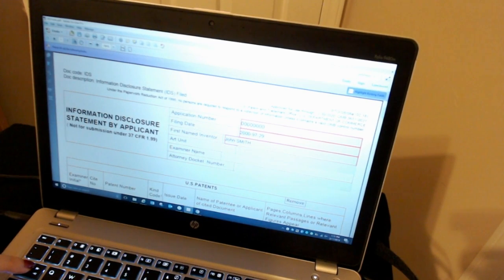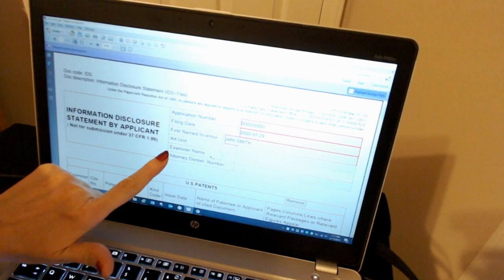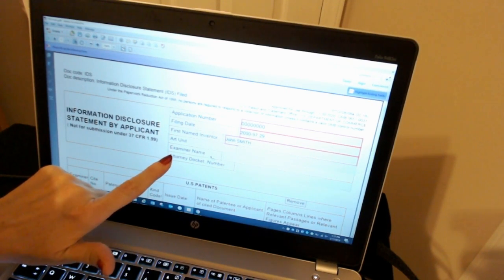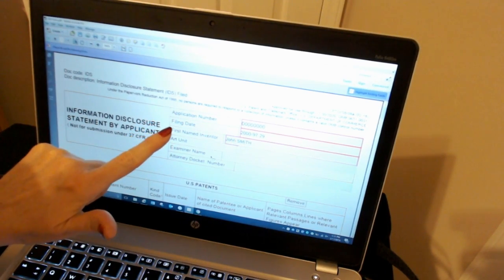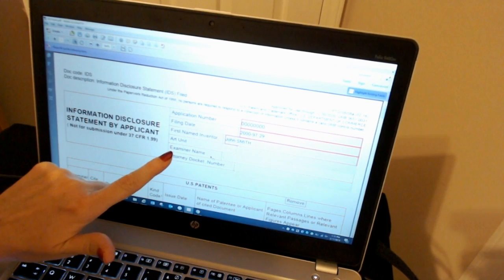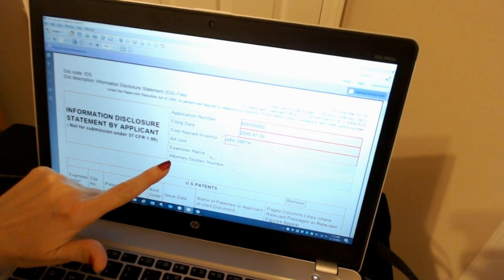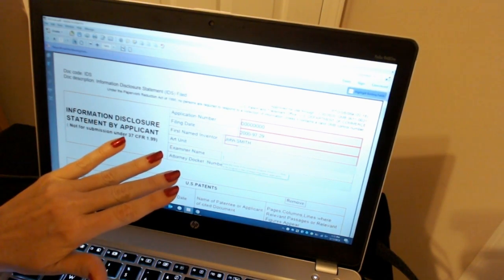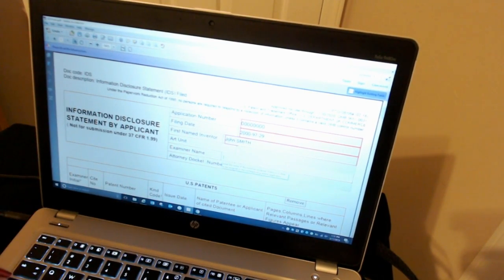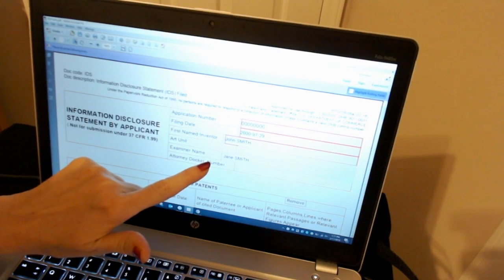And then for the examiner name, this is all information you're going to be able to get from the USPTO website for your application. It's all going to be available on the first screen that you come to with all your information that includes the application number, filing date, inventor, art unit, examiner name, and all of this is going to be there. So if you have the examiner name, you can of course enter that, and you can put whatever that person's name is. Like we could say Jane Smith. So if you have it, you can put it in, but again, you can just put unknown